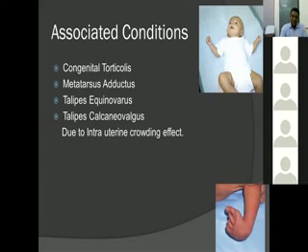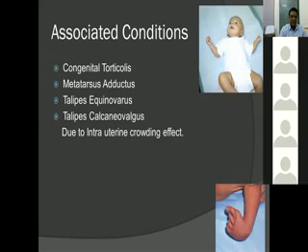Next is the firstborn baby condition. In the firstborn, the mother's uterus is a virgin uterus. It has not expanded because of previous deliveries. So there will be intrauterine crowding, or sometimes oligohydramnios. Because of this intrauterine crowding effect, breech deliveries will again be more common, leading to abnormal development of the acetabulum.